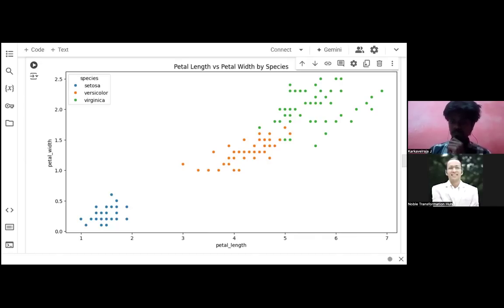And if you see Virginica, which is in green color, we have given the color, it is beyond Versicolor, right? So you can see the correlation, and now you can make inference, guys. There is no correlation between Setosa and Virginica, guys. There are some colors, some angles, some dimensions matching between Versicolor and Virginica.